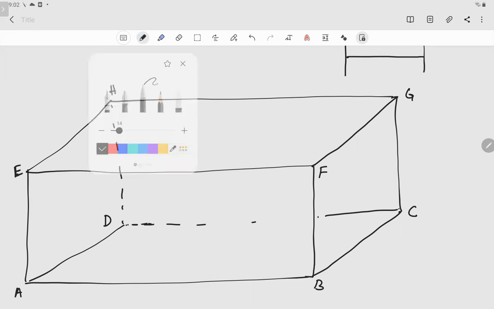Now consider two skew lines. Before that, I don't draw any lines. Consider a unit vector n which is perpendicular to the floor and perpendicular to the ceiling. And this unit vector is parallel to the walls. It's parallel to all four walls. So this unit vector is perpendicular to the floor ABCD, and perpendicular to EFGH, the ceiling.